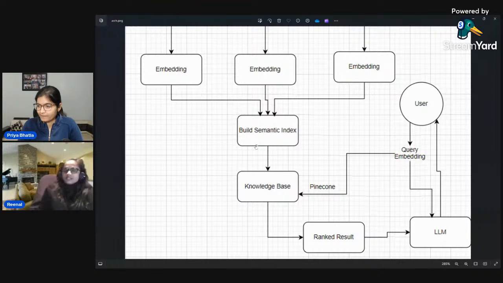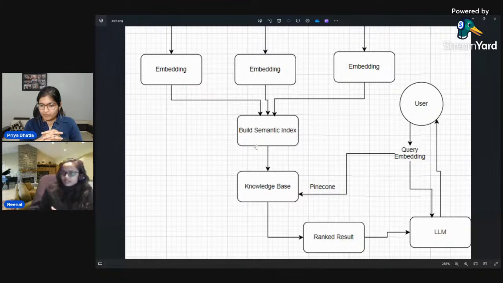Once the knowledge base is stored in the database, the user can write any query, for example, what is karma? As I mentioned, you cannot put the text into the model directly, so you have to convert that text into an embedding. I converted that text into a query embedding, and then searched the knowledge base I stored in the vector DB. So I get different ranked results, like three or four results for that particular query.